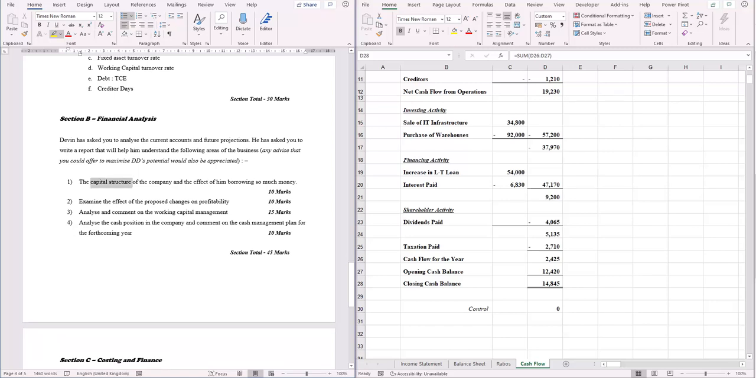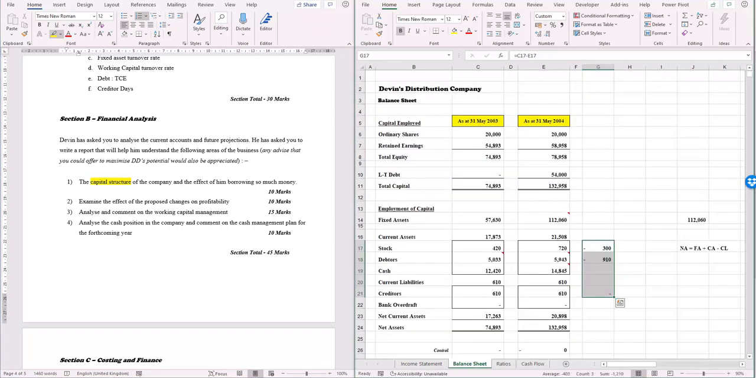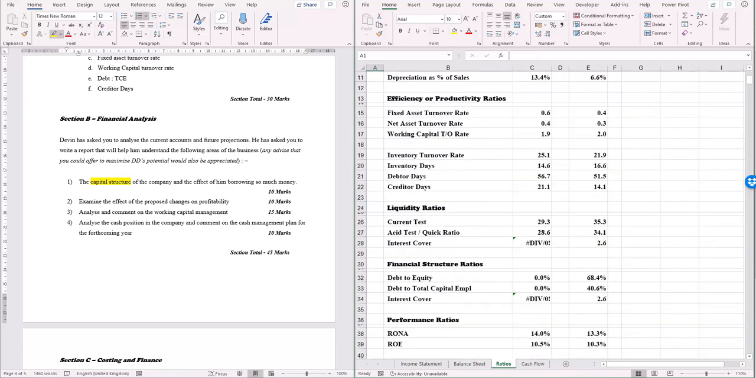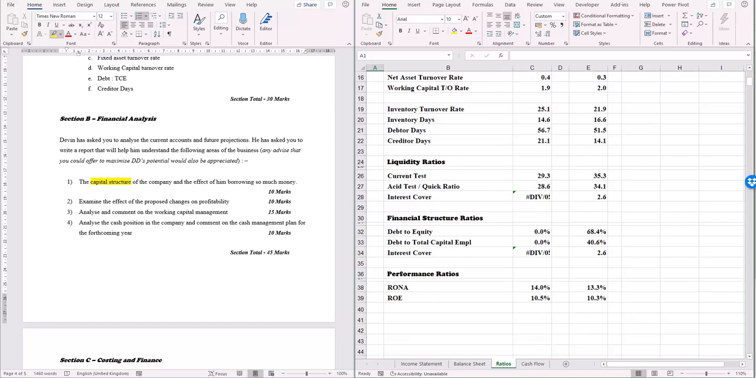All right, so there are some questions that come on down here. Analyze here the capital structure. What is the capital structure of the company and the effect of borrowing so much money? So they have borrowed money, and therefore the capital structure is such that this debt to total capital ratio has gone from, let's enlarge this a fraction, debt to total capital, these numbers are measuring capital structure, from 0 to